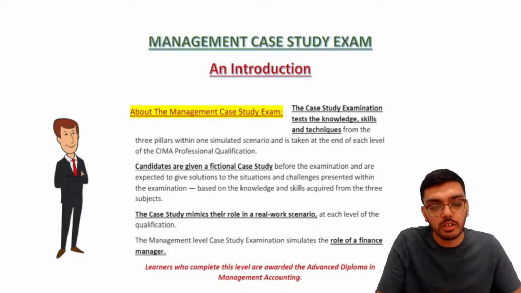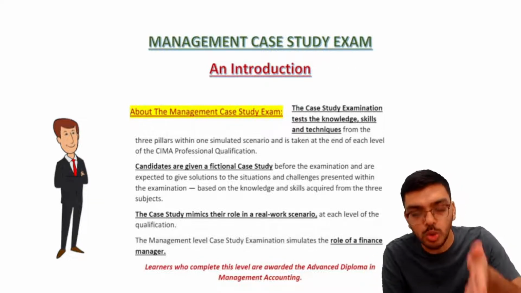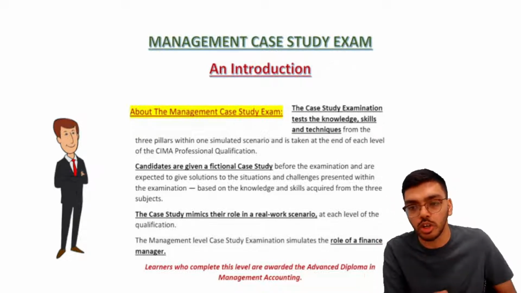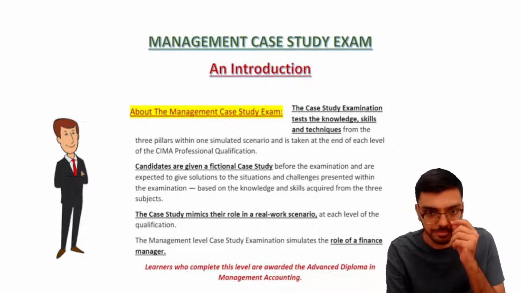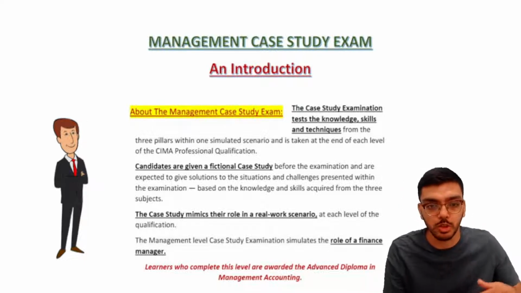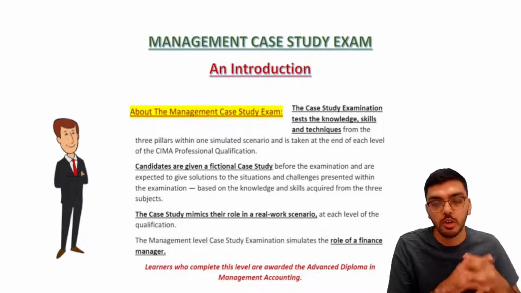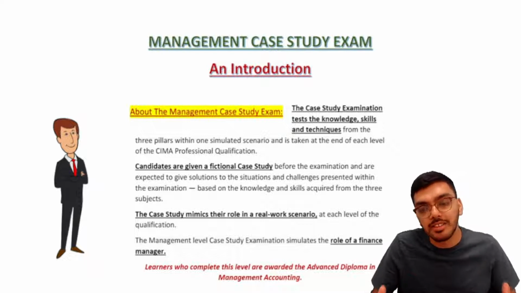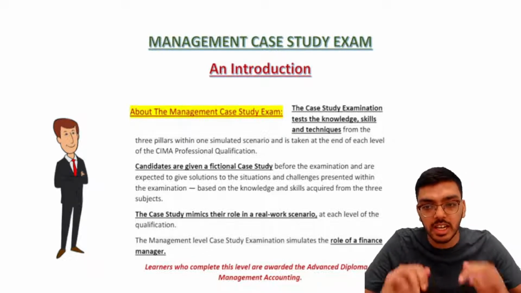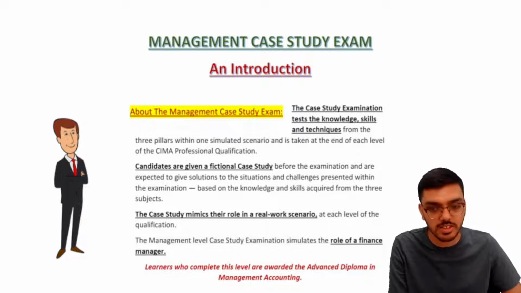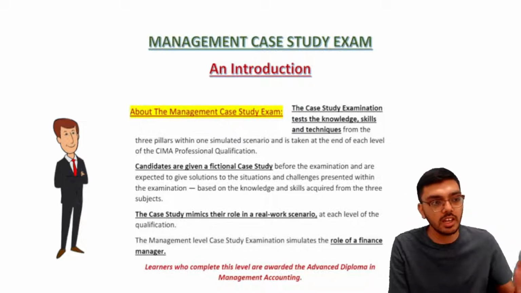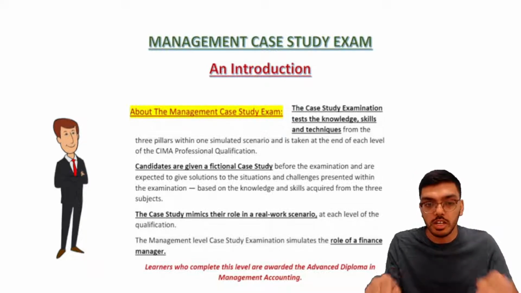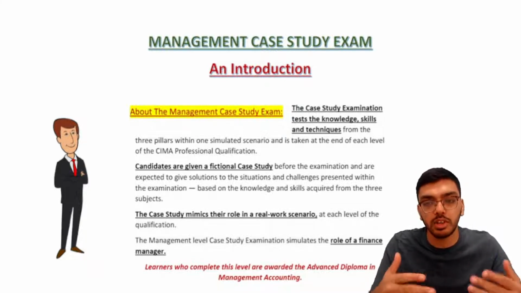Now, for example, if you have studied the E2, P2 and F2 pillars, then you will directly go on to the management case study exam. If, for example, you have claimed some exemptions, which means you've done an MBA or you have certain work experience and CIMA accepts your exemptions, you can directly enter into the gateway case study exam without taking the E2, P2 and F2 OTQ exams. The exam is the same, just the name is different because of the different routes that